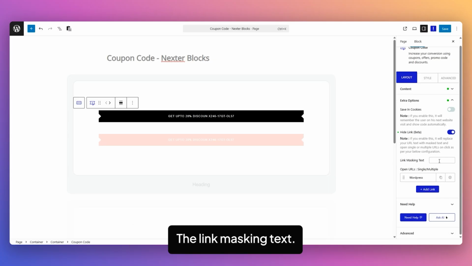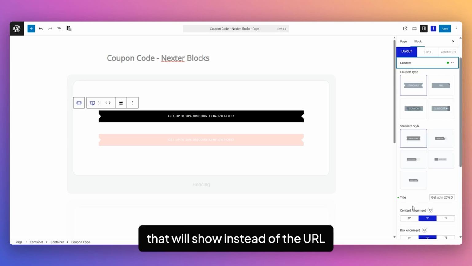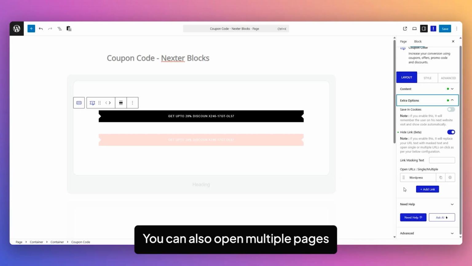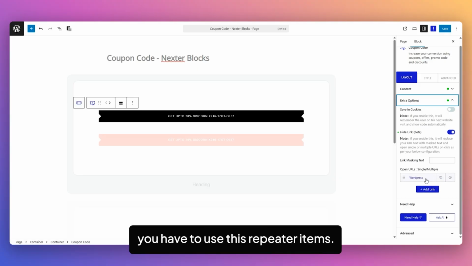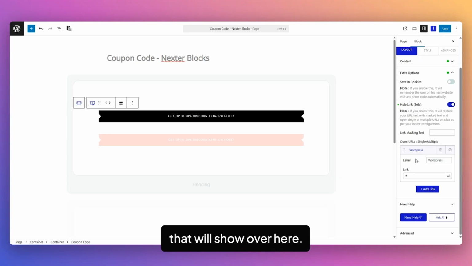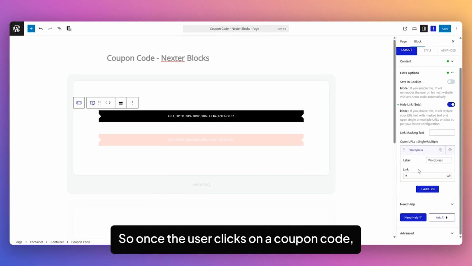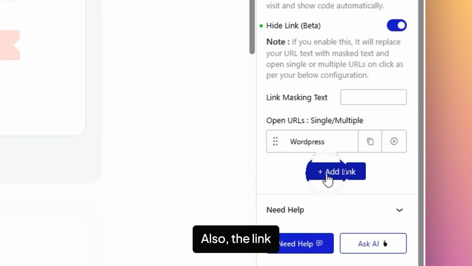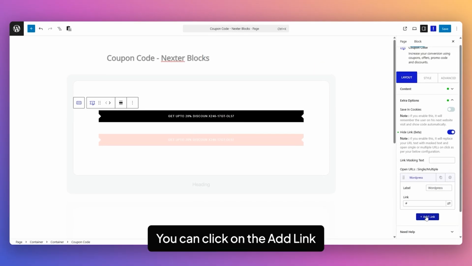In the link masking text, you can add a text that will show instead of the URL you have set over here in the redirect link. You can also open multiple pages on a single click. To do that, you have to use these repeater items. Let's see the options. You can add a label for the repeater that will show over here. Then you can set a link. So once the user clicks on the coupon code, it will open the link you have set in the redirect link. Also, the link you have set in this field. You can click on the add link button to